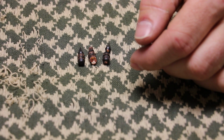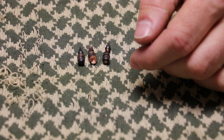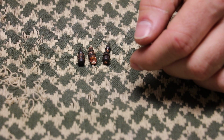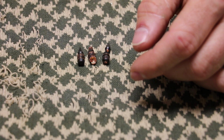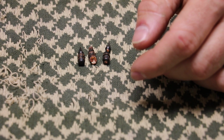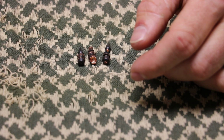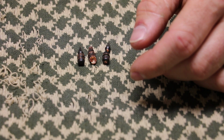As I mentioned before, the 5.7 really shines with 40 grain and under loads, and I think the manufacturers that currently do produce ammunition for it have really gotten the ball rolling with an all copper projectile. The all copper design helps keep the weight down while ensuring a very long for length bullet, which helps it to tumble or yaw when it hits soft tissue. I still have Vanguard's 35 grain frag round to test in the future. I have a feeling it will have similar results to the 37 grain frag round that we tested from R&R